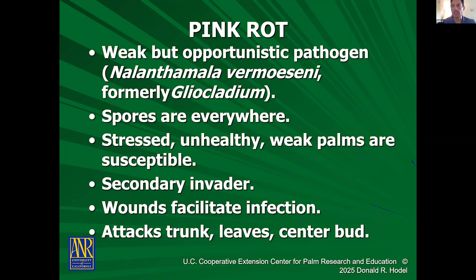Yeah, Donald, there's been a chat going, and I'll shout the questions out to you. Someone was asking if Chilean wine palm, Jubaea chilensis, can be grown in South Florida? Oh, that's a good question. Jubaea chilensis likes arid weather because it grows in dry areas of Chile. I suppose it could be if you gave it really good drainage, but the high humidity may not be good for it. It likes low humidity.